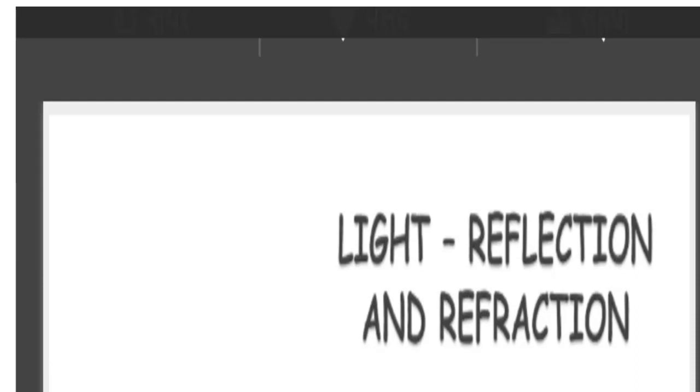Suppose we are entering into a room. Can we see everything which is there in the room, even if we keep our eyes open? No, it is not possible for us to see anything when there is no light in the room, even if we are keeping our eyes open. But as soon as we switch on the light, all the objects which are kept in the room are visible to us.